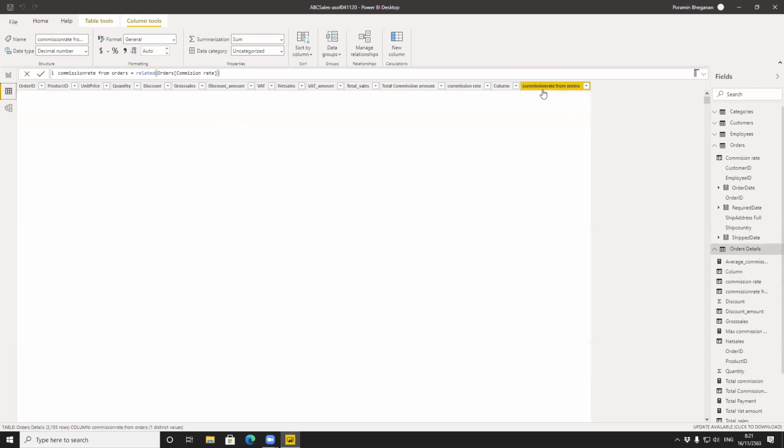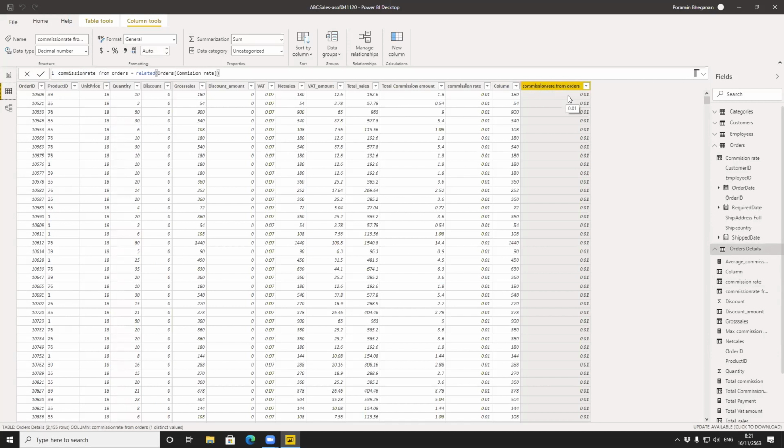You can see that right now it refers to the value 0.01 directly from the table called orders, in the column called commission rate. This is referring to the data from another table. The RELATED function is useful because in the future